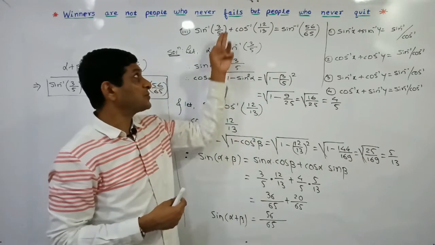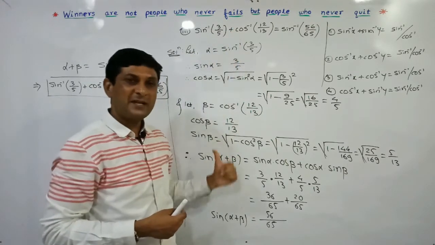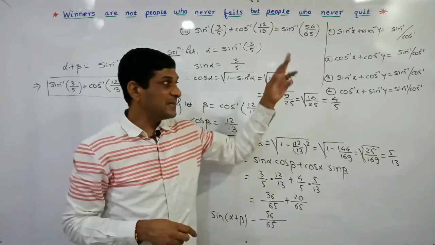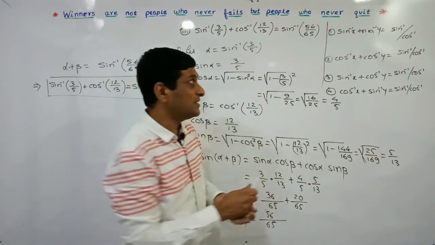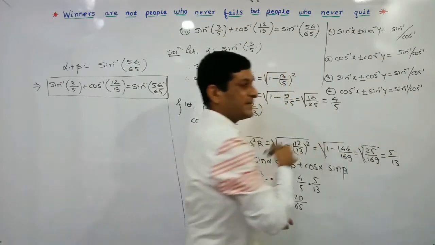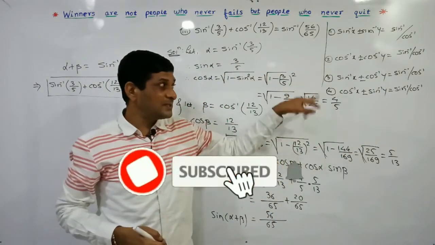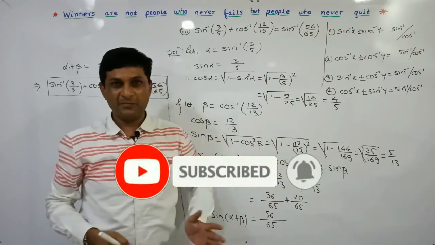Getting it? If these two terms are connected by plus, write down plus. If two terms are connected by minus, write down minus. It means the same method we are applying. Either plus or minus, maybe plus or minus is there. Plus है तो आप plus लेके solve करो, minus है तो minus लेके solve करो. But in all these cases the same method is applicable.